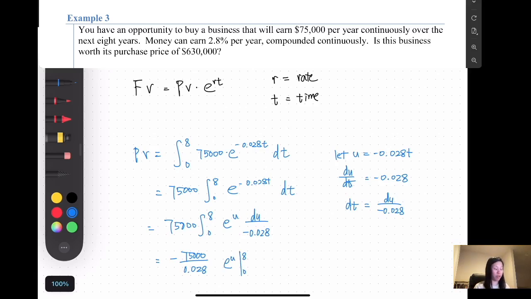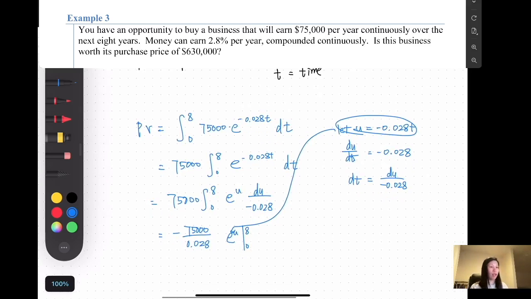And now we need to substitute u back into the function here. So when you put it in a calculator, the present value of this business is